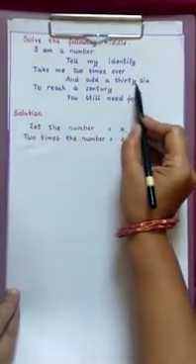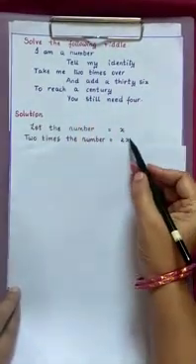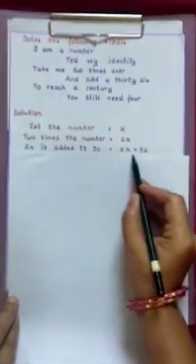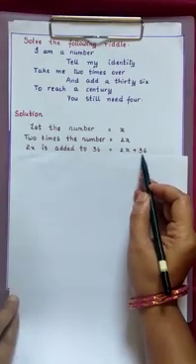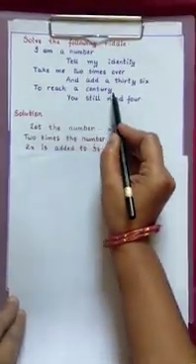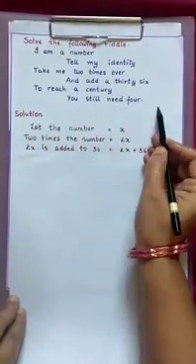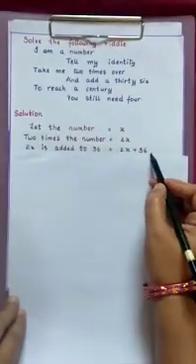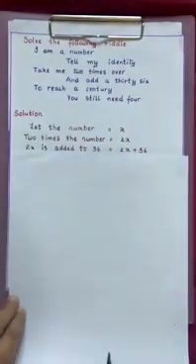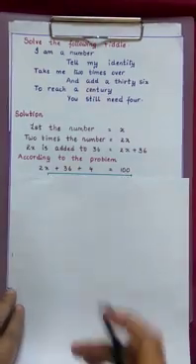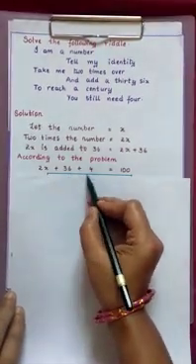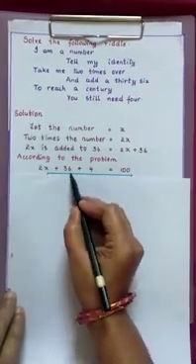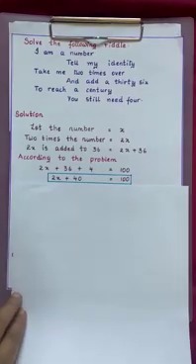Next, you have to add 36. After taking 2 times over, if 36 is added to 2x, we get 2x plus 36. Now to reach a century, you still need 4. To reach a century means to get 100. So we still have to add 4 to this to get 100. So how to write the equation according to the problem? 2x plus 36 plus 4 is equal to 100.